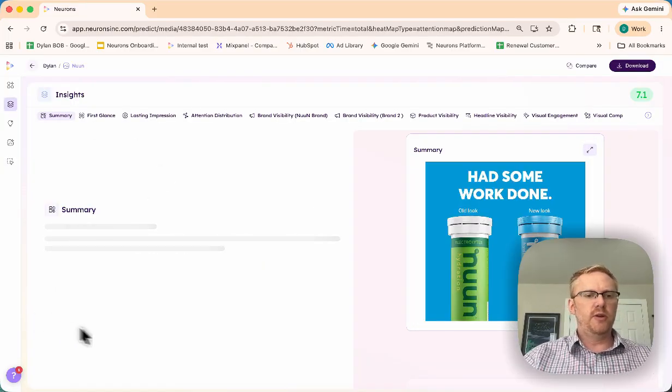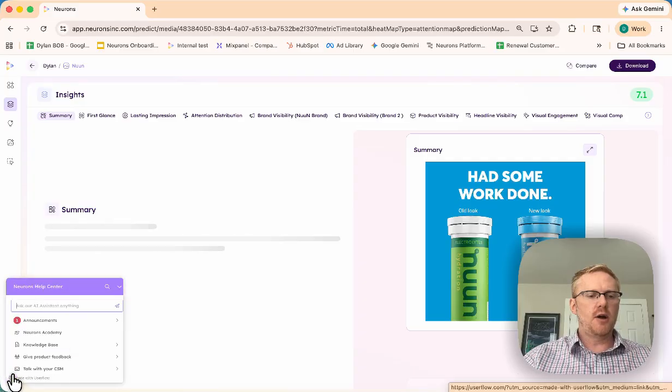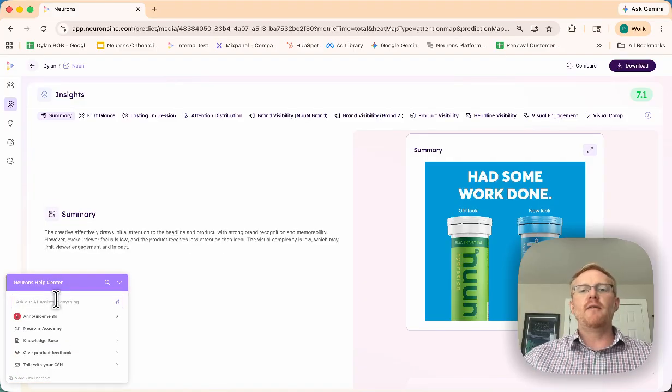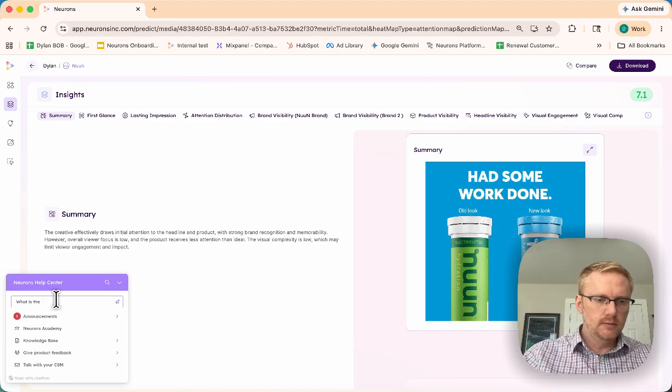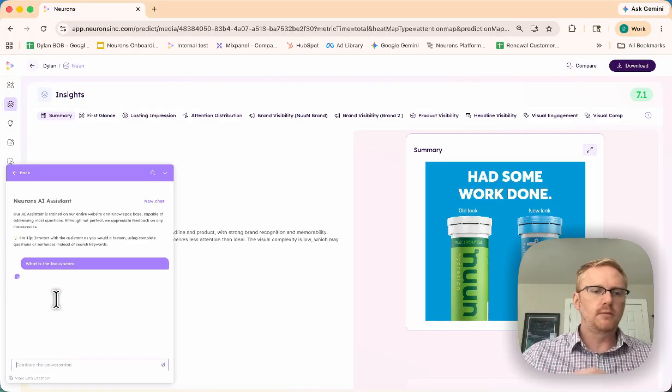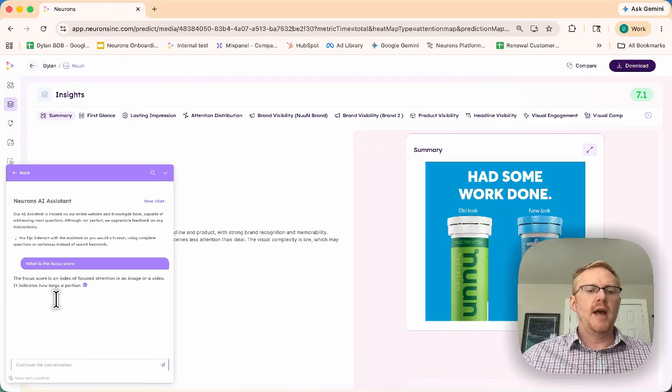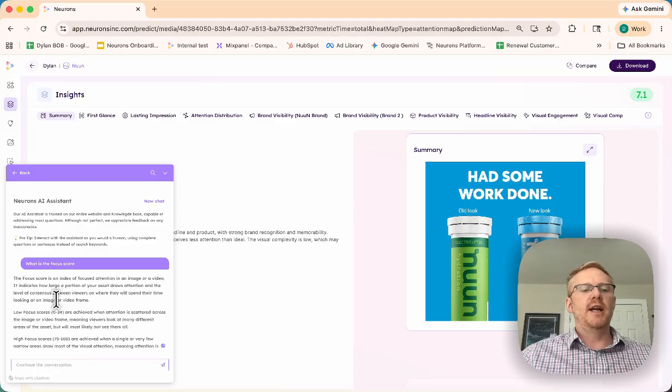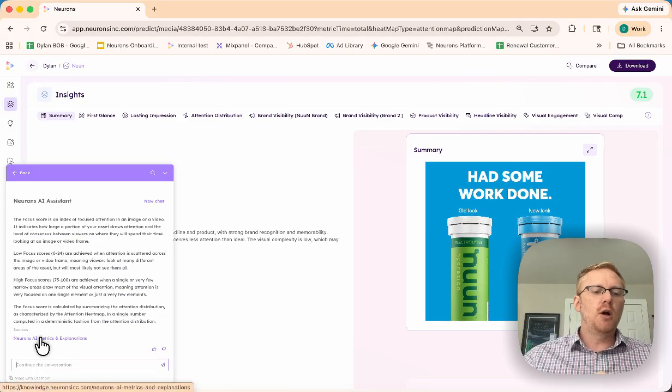While this loads, but it does take a second, I will click down here on our AI chatbot. We do have an AI chatbot help center, and it is very user-friendly. Just make sure you're using natural language processing. As we're talking about multiple metrics today, if you forget anything going along, go ahead and ask it a question. So in this instance, I'll say, what is the focus score, and from there it gives us a quick breakdown and definition of the focus score along with a link to